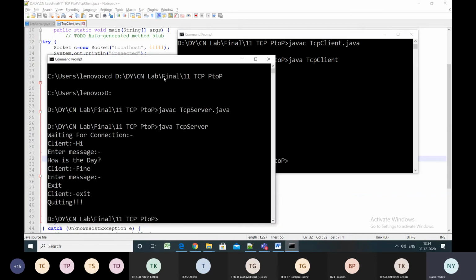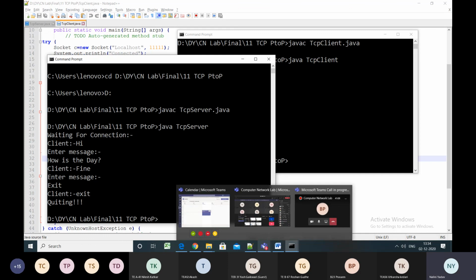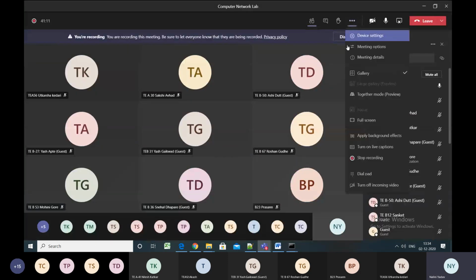At the same time, when the client has said exit here, the server also got the exit message, and it has also quit successfully. It has closed down all the input streams, output streams, closed the socket for the client and the server socket, and then the proper exit, proper cleaning of all the streams and all the resources which have been utilized in this communication, is done properly, and then the server and client codes have exited from the scenario, right? I hope this peer-to-peer chatting with TCP is clear to all of you.